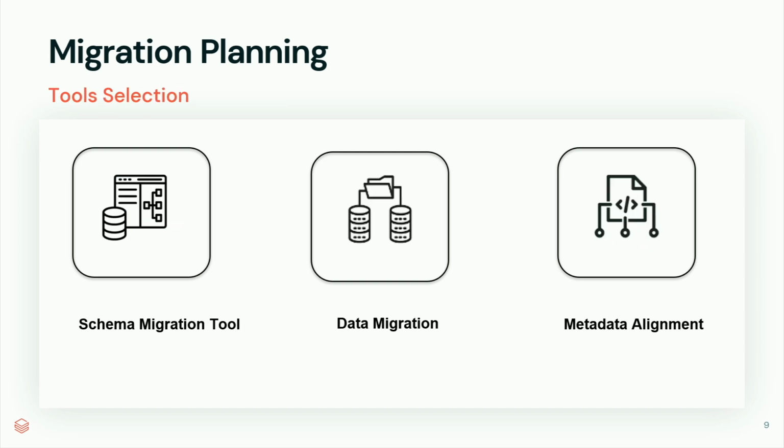So continuing on this, in the migration planning, the second thing was the tool selection. Let me talk about the three components that guided the migration journey. First was the schema migration tool. It was a specialized tool created by the team, leveraging open source, which was modified, and it worked like a schema translator. It carefully unpacked all the Snowflake table definitions and reassembled them in the Databricks language, preserving all the relationships and data types. What could have taken several weeks of manual effort, we were able to do within days,